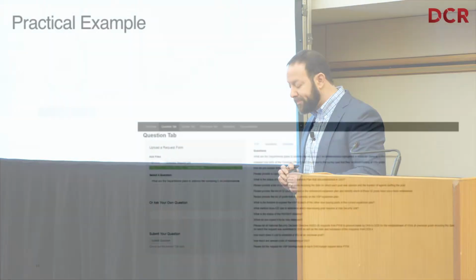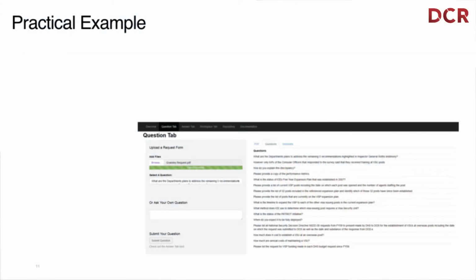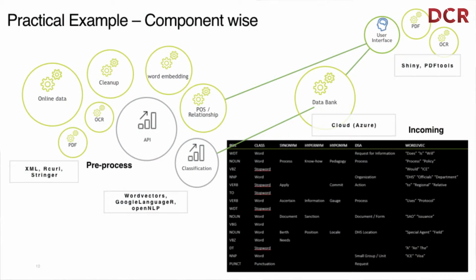So if we go to the next slide, that is really where I want to take this and show this with a practical example. And really, how do we take this approach of solving one problem at a time and assuming that the capability exists and assuming that those capabilities can interact with each other and pass information from capability to capability. So if we go to the next slide, I'm going to go through the architecture over here, and you can see that for each element over here, I'm using different capabilities, different packages, different information that will feed into that. So the problem statement over here is, how do I find